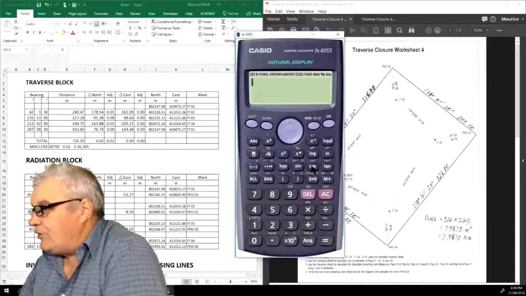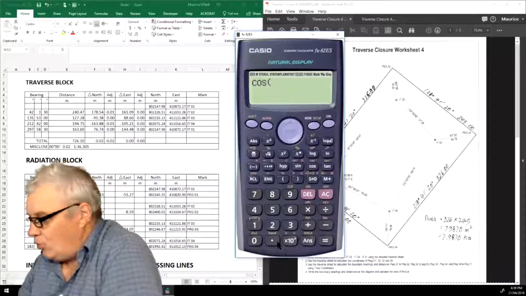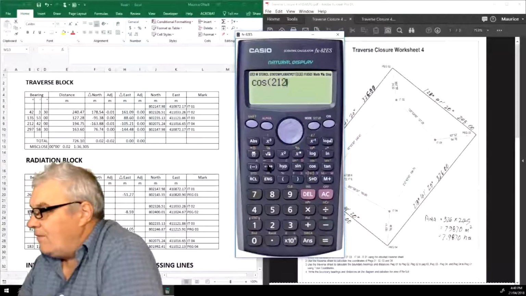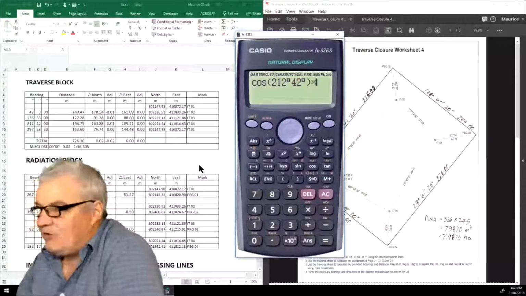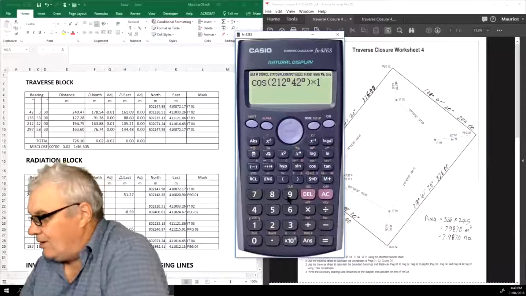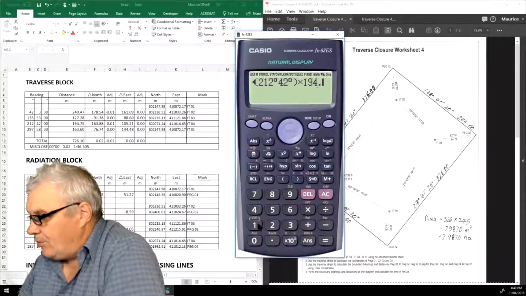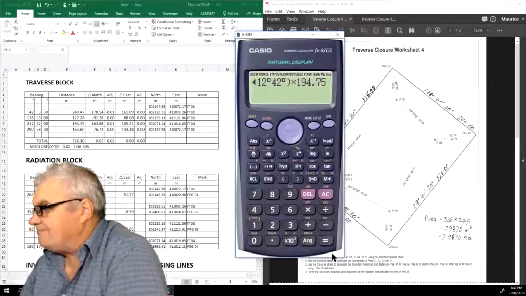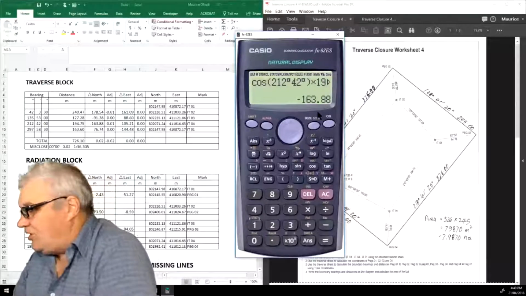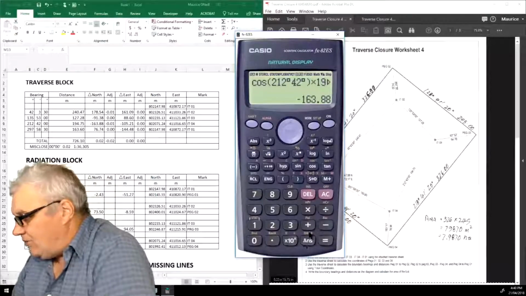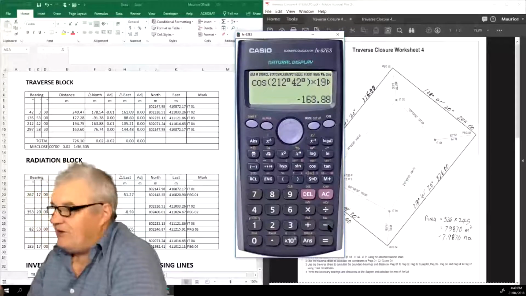I'll do the cosine first. Cosine 212 degrees, 42 minutes. Close the bracket. Times. Now that distance will be 194.75 equals minus 163.88. Now you can do this using the polar and rectangular buttons down here, and it'll do them